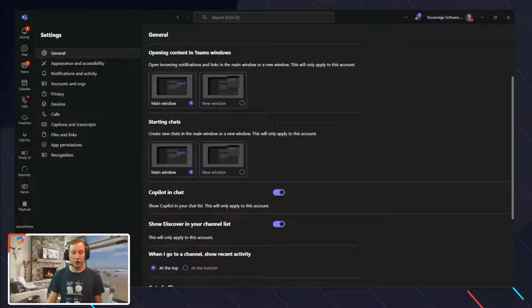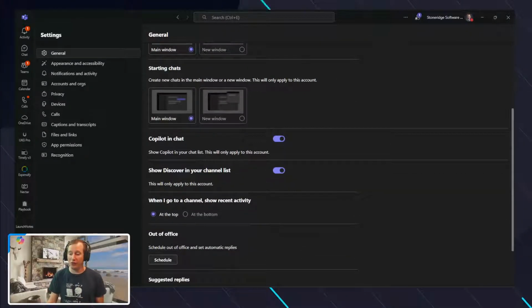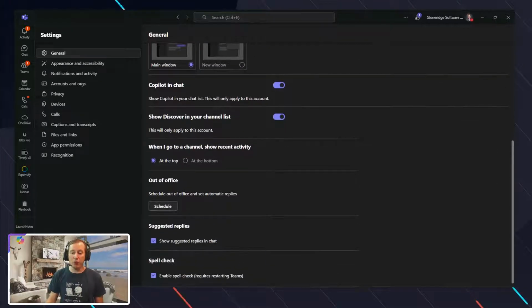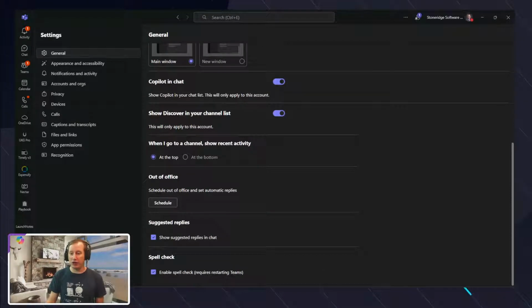The Discover in your channel list, at the very top, you can turn that off if you want to as well. Some people like having that Discover up there, whereas others do not. And at the same point here, you can have things like spell check enabled or disabled, and all those other features. We're not going to go through every feature inside of here, but those are obviously the big ones.